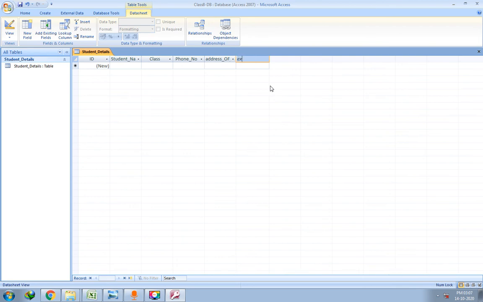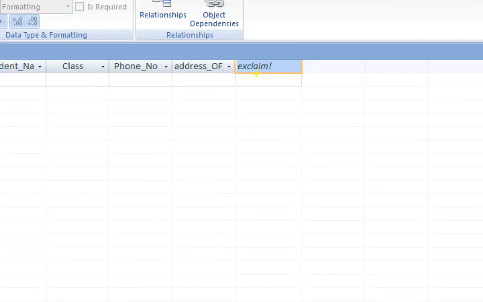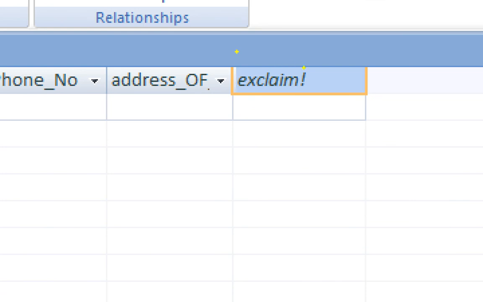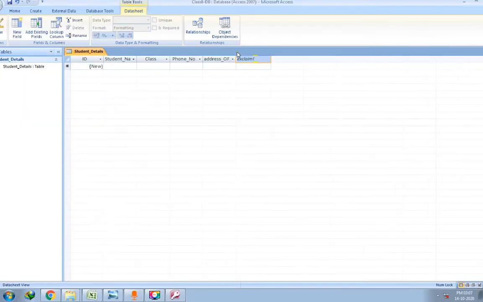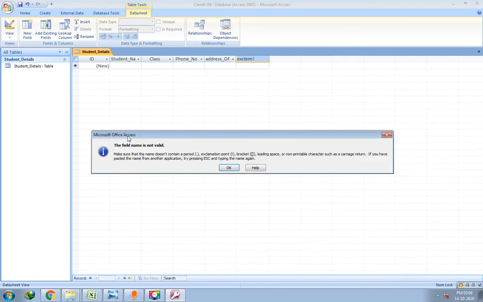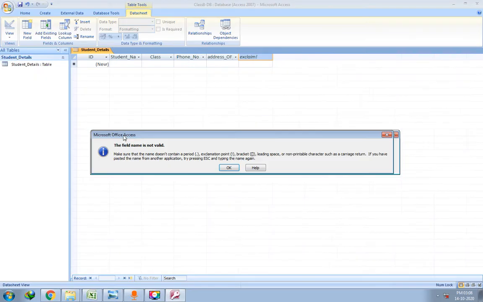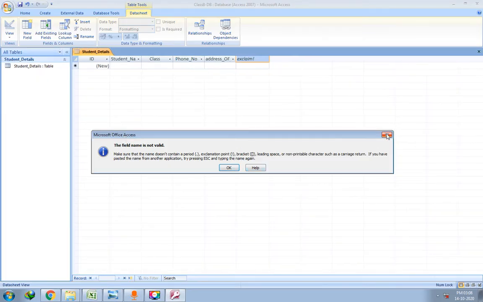Let me check that. Exclaim, and then let me give the exclamation mark, and let me zoom in and show you. You can see exclaim, and I have given the exclamation mark, so it is not allowed. Let me click somewhere over here. You can see the same message: the field name is not valid, because an exclamation mark is not allowed.